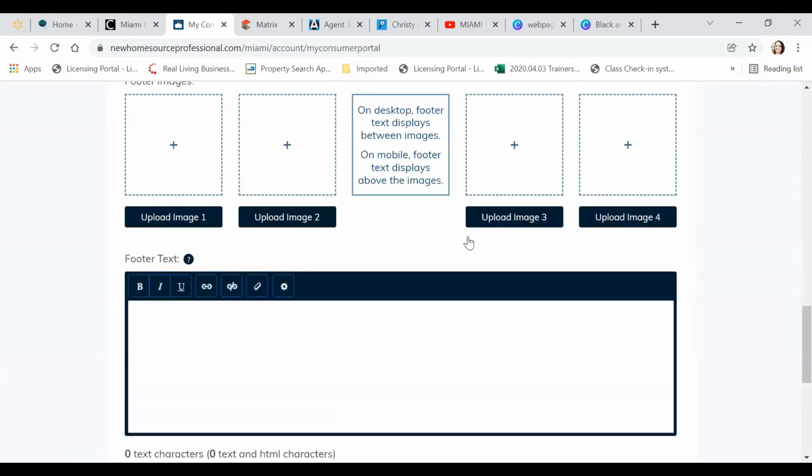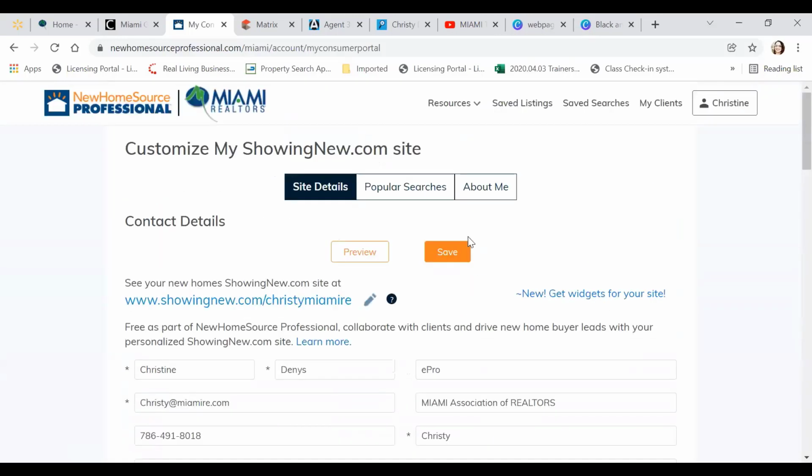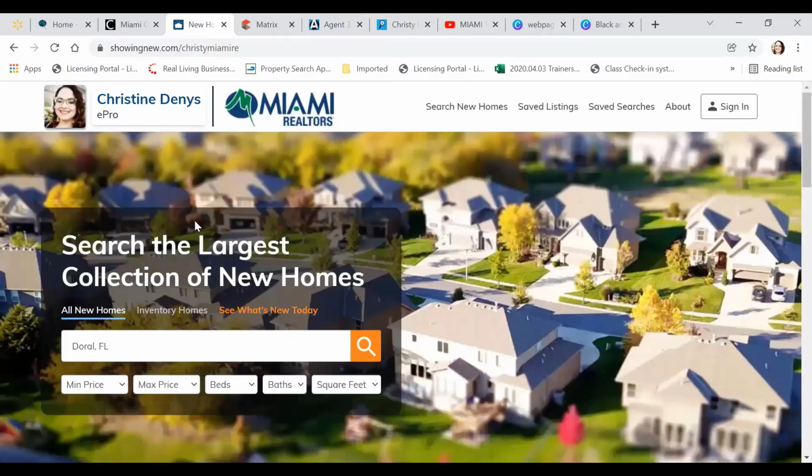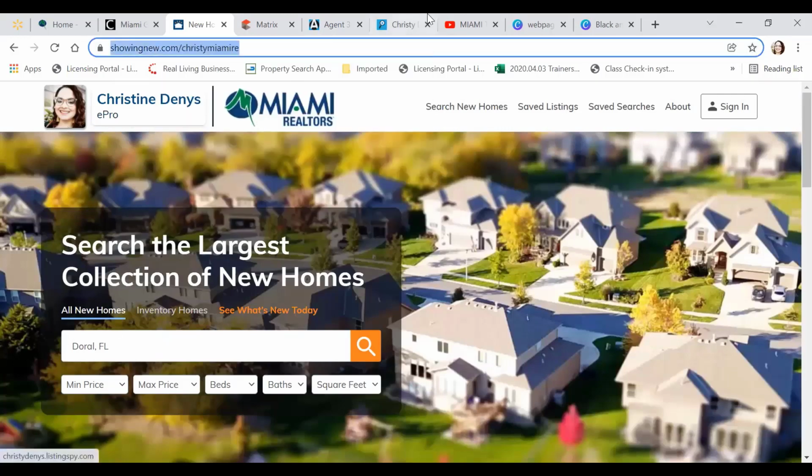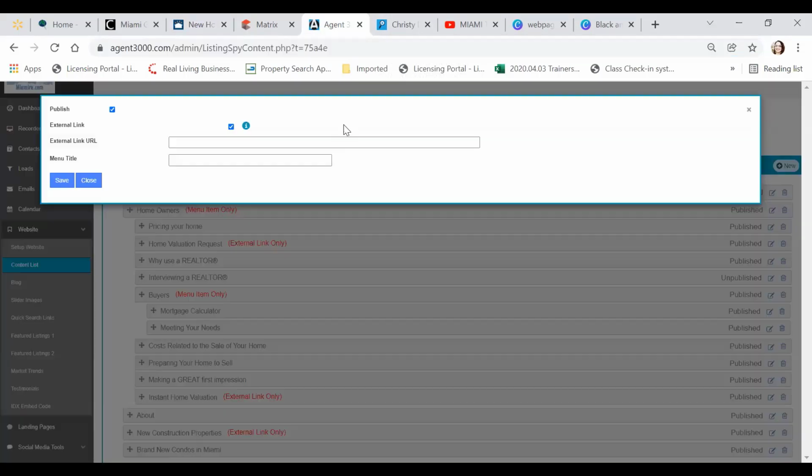When you tap on save, it'll automatically create this page for you. Now, if I open that up, this is what that page looks like. Consumers are able to search an inventory of all of the new homes associated with developers. So not only do you have resold homes to sell, but you can sell brand new homes and advertise them on your website. All you would have to do is select this link, go back into Agent 3000, and you see